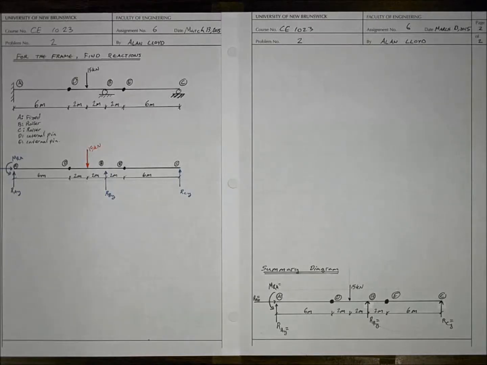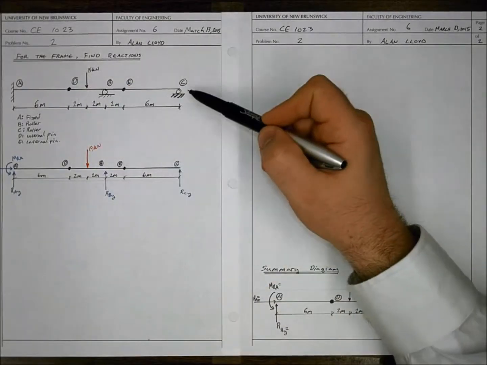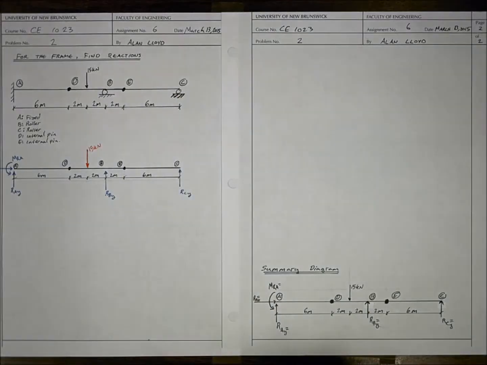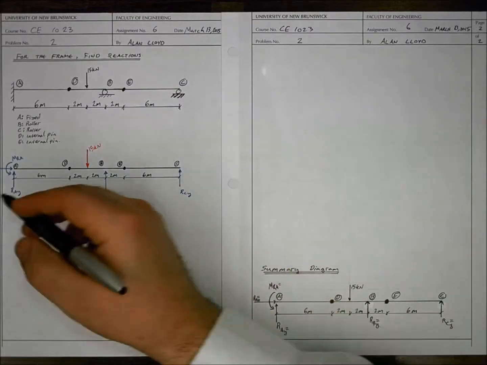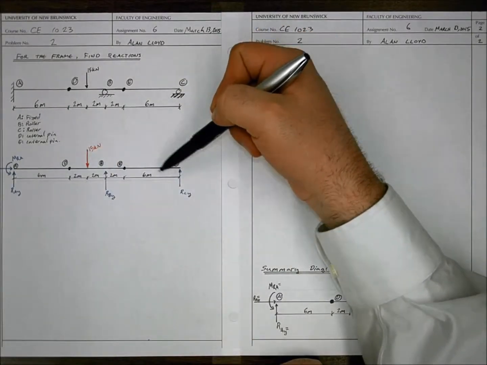In this problem, we're asked to find the reactions for this frame. If we look at this frame, it has a fixed support, a roller support, and two internal pins or internal hinges. So this makes the problem relatively difficult, where we'll need to take some section cuts in order to solve for it. So first off, if we draw our free body diagram for the global structure,